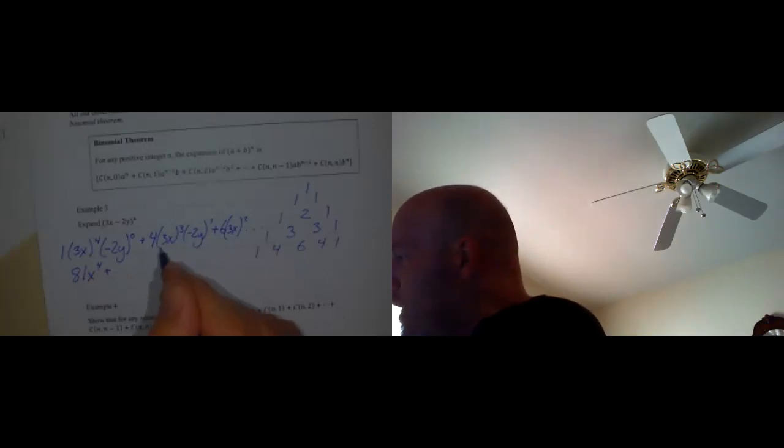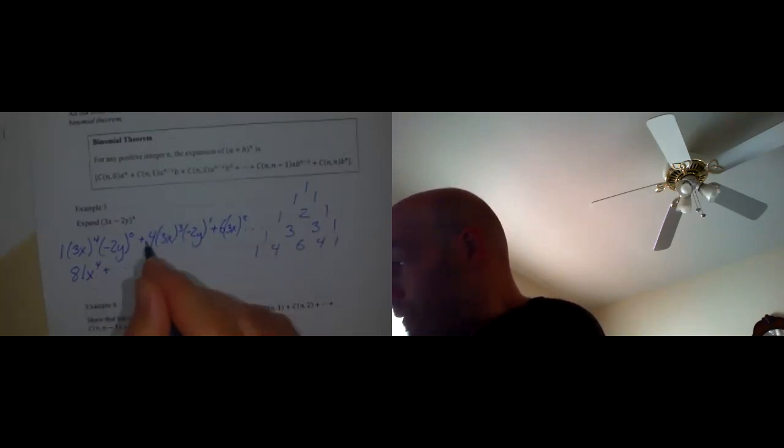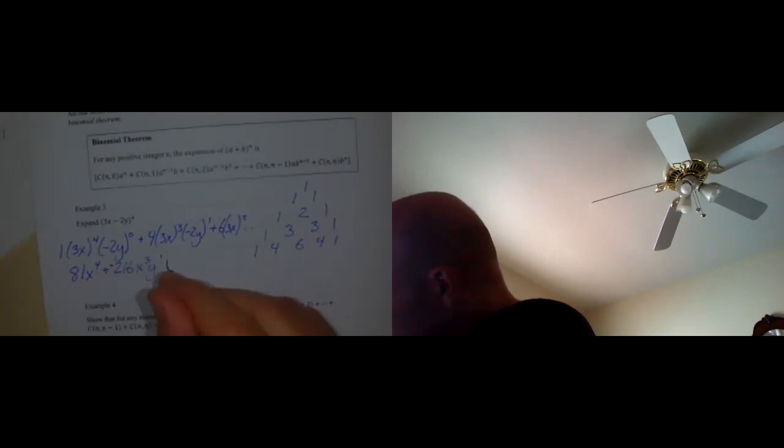Plus, well, this is going to be dividing by 3 because I have 3 less, but also multiplied by negative 2. So divide by 3, I get 27. Multiplied by 2, I get 54. And then I have to multiply in this 4, which was different. So 54 times 4 should be 216. So negative 216, almost forgot my negative sign, x cubed y to the 1st plus,